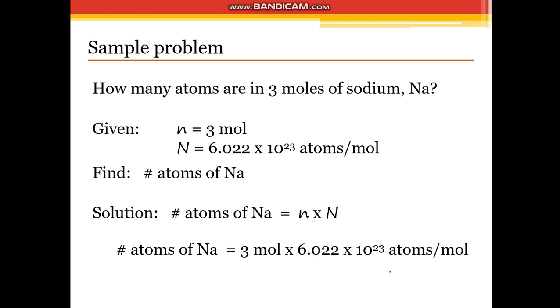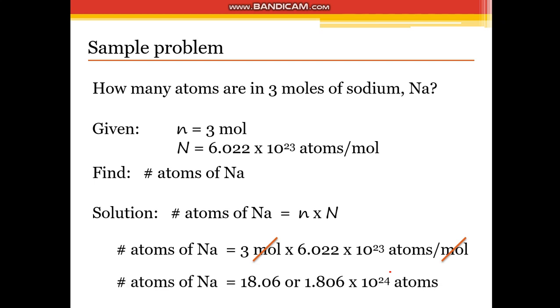Let us substitute the values given. So the number of atoms of sodium would be equal to 3 moles multiplied by Avogadro's number. You are going to cancel out the units, leaving the unit of atoms. So using your calculator, you can derive this answer,